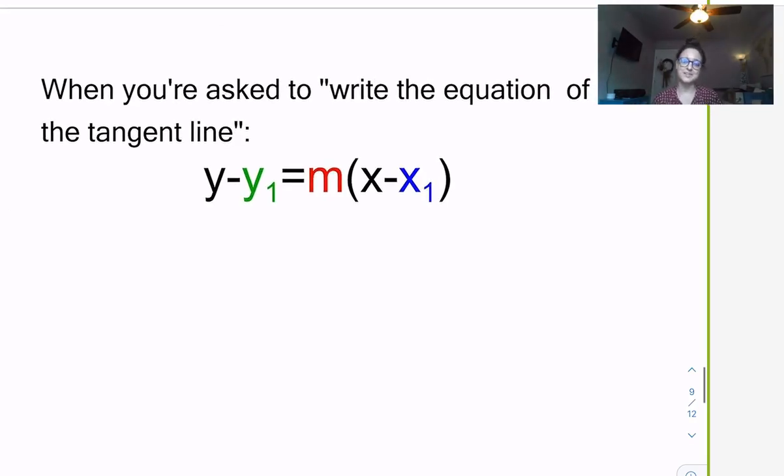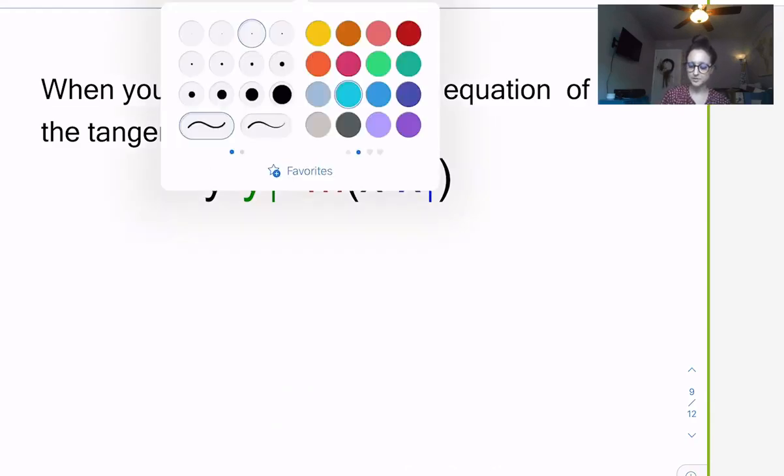All right, as I said earlier, I think that a really classic calculus problem is to ask you to write the equation of the tangent line. And when they ask you to do that, always just keep it in point-slope form, okay? You never have to go ahead and get it into slope-intercept form unless you need that for another part of the question. We can always leave our answers in point-slope form. So as a reminder,